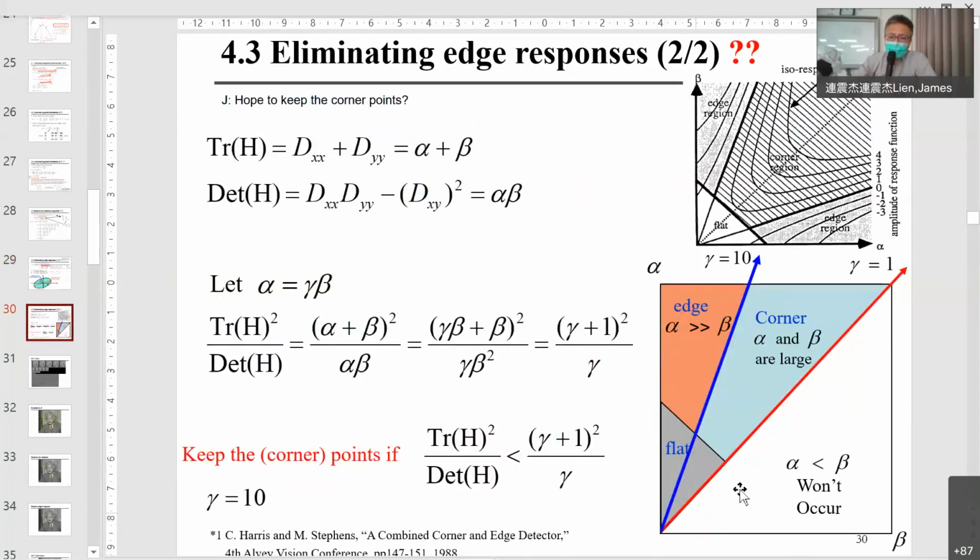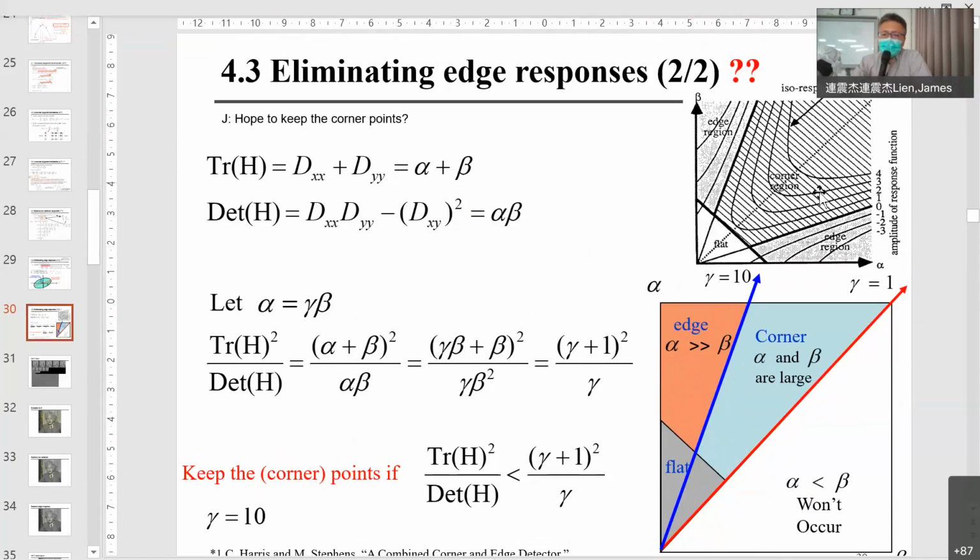Corner is here. 这我考试会考。Eigenvalue 1 and eigenvalue 2, or alpha and beta, are both large. 你去看 edge, corner, flat 的图，是对称的，这区属于 edge，这区属于 flat，这区属于 corner。尽量考观念题。